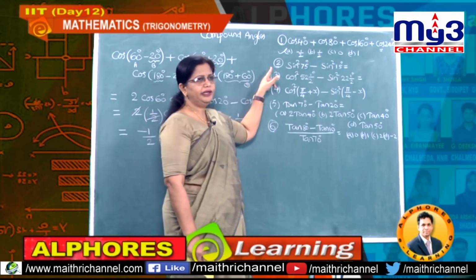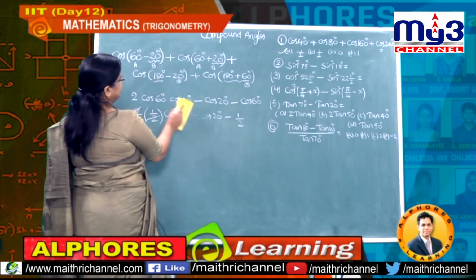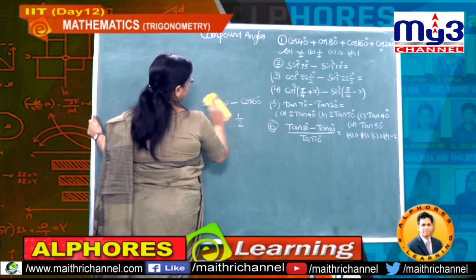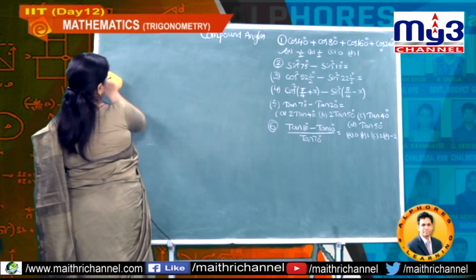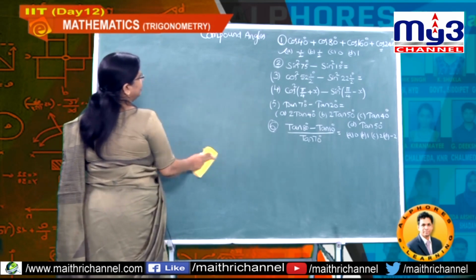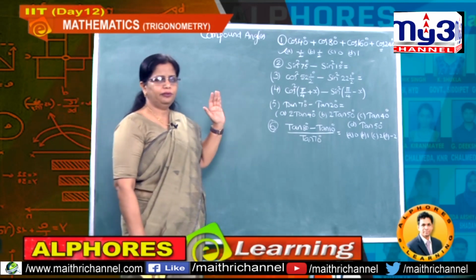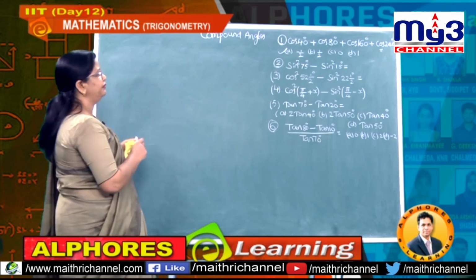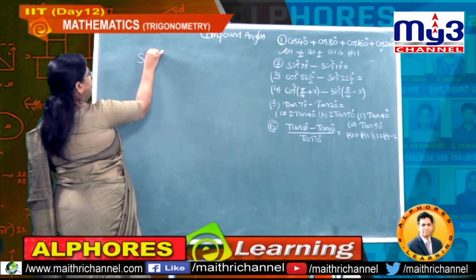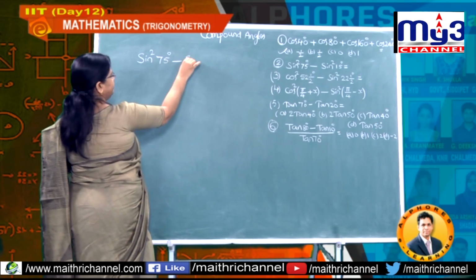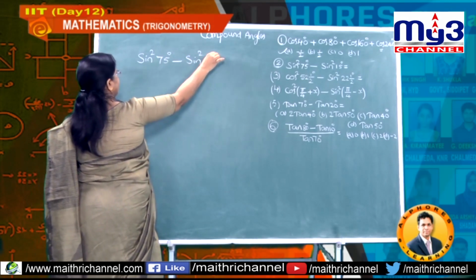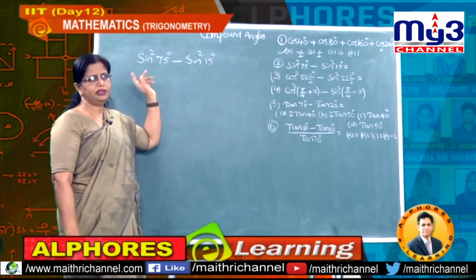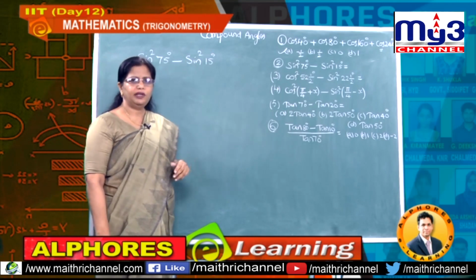Okay. Now let us go for the second problem. So what is the second problem here? Sine square A minus sine square B model. So you have to remember formulae. Every time we can't prove each and every formula, so some necessary formulae you must remember. So now, sine square 75 minus sine square 15 degrees. Students, already we proved here this formula, that is for 75 degrees and 15 degrees. Understand? So you can make use of the sine 75 formula and the sine 15 formula directly.